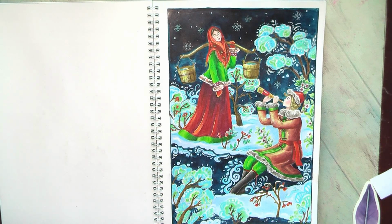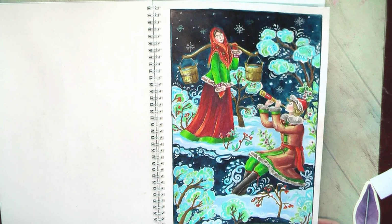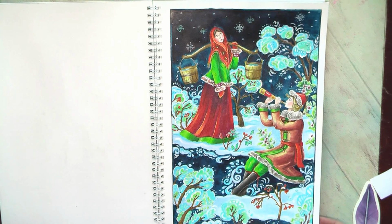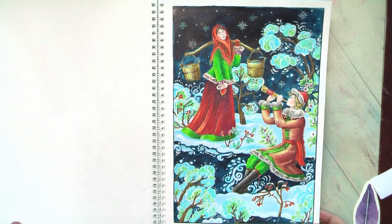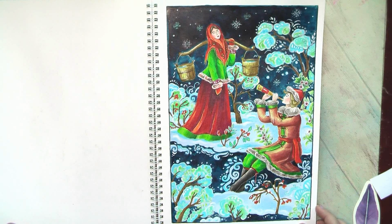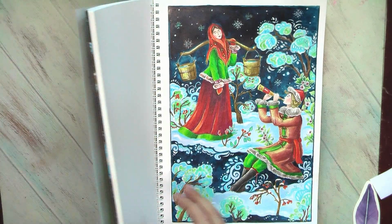I mostly used Sucolor pencils. Here I have the artist edition printed on very good paper, so all pencils, both budget and more professional, work very well, and paints also work well. Probably now this book will have to wait until the next winter season, but I am sure that when I return to this book, I will continue to work on this style of illustrations